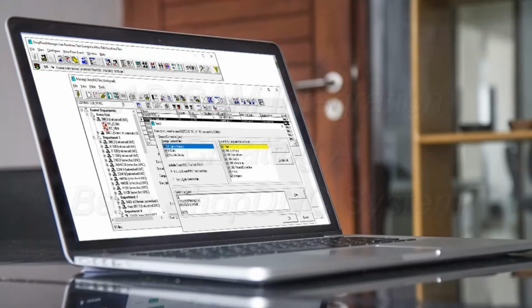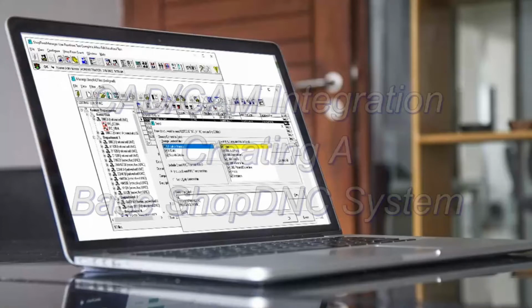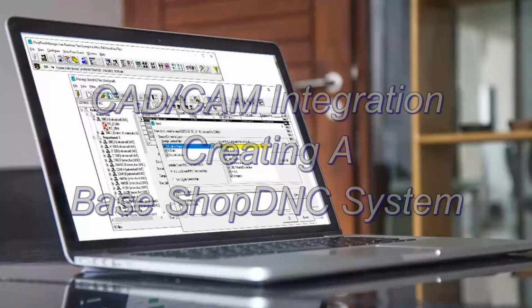How to create a base DNC system using ShopFloorManager. In this video we will create a ShopFloorManager based DNC system. The system will provide the basic ability to up and download NC files and provide the recording of NC file